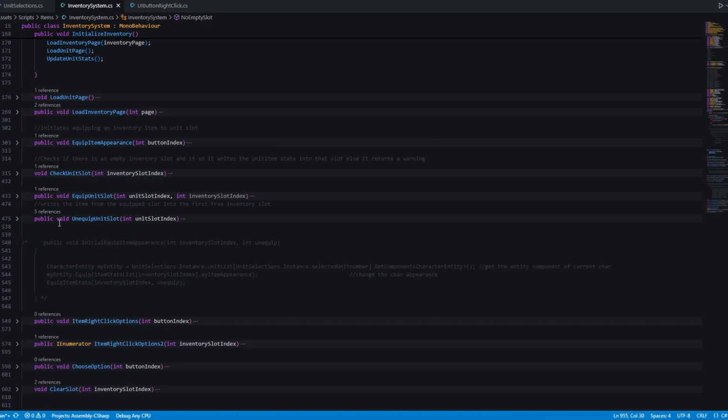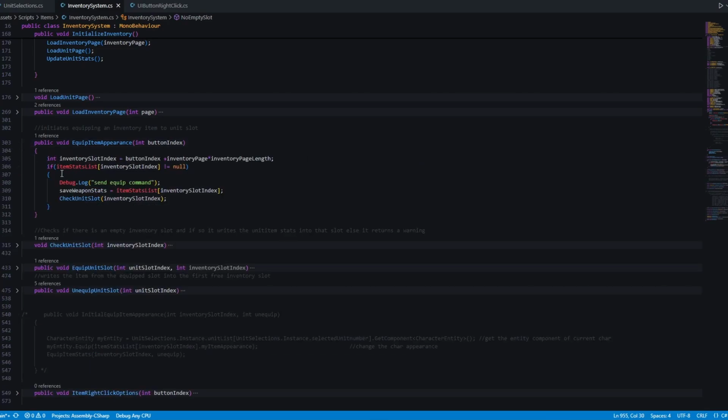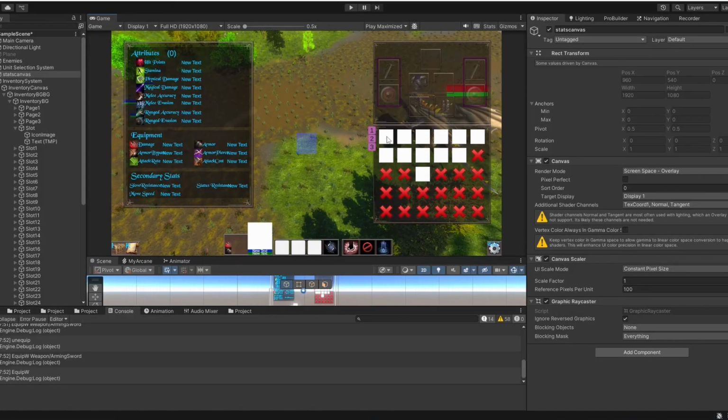And now we can use this for equipping. So if we equip an item, maybe I have a few, 1 or 2 steps too much in here right now, but yeah, we're still in developing phase, so everything is fine. When we equip an item, which means the player is clicking on one of these buttons